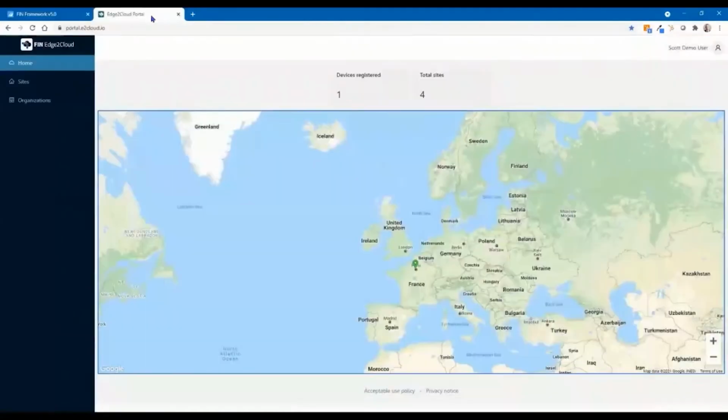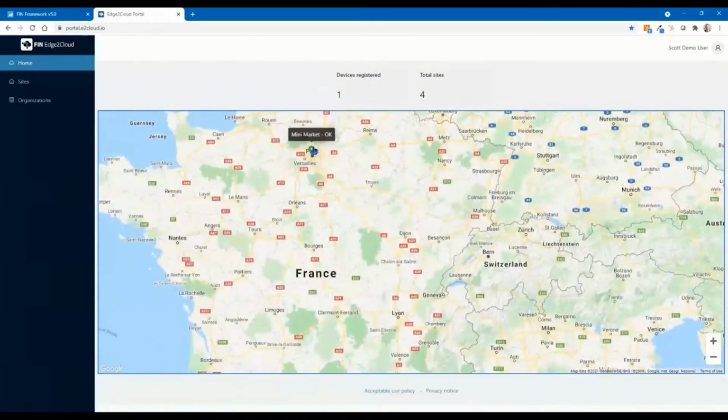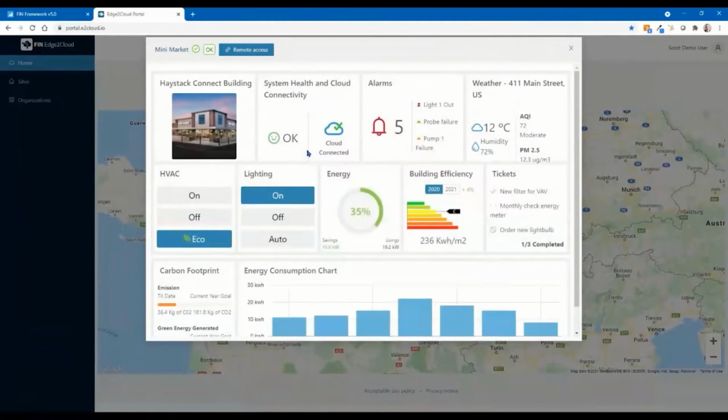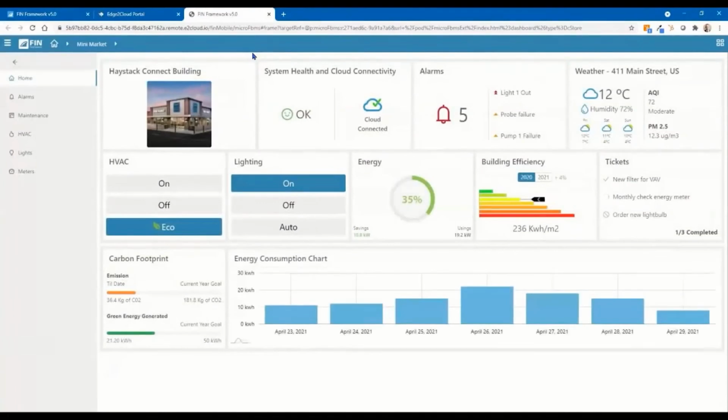Scott had also mentioned edge to cloud. This allows you to manage different organizations and lets you tunnel into the customer sites using Haystack over MQTT. By zooming in and selecting a site, you'll be presented with an overall view of that project. In addition, you can securely remotely access the site by selecting the remote access. So we are now working remotely at the on-site device, which provides the same functionality as if we were on-site without the need for VPN or complex IT configurations.